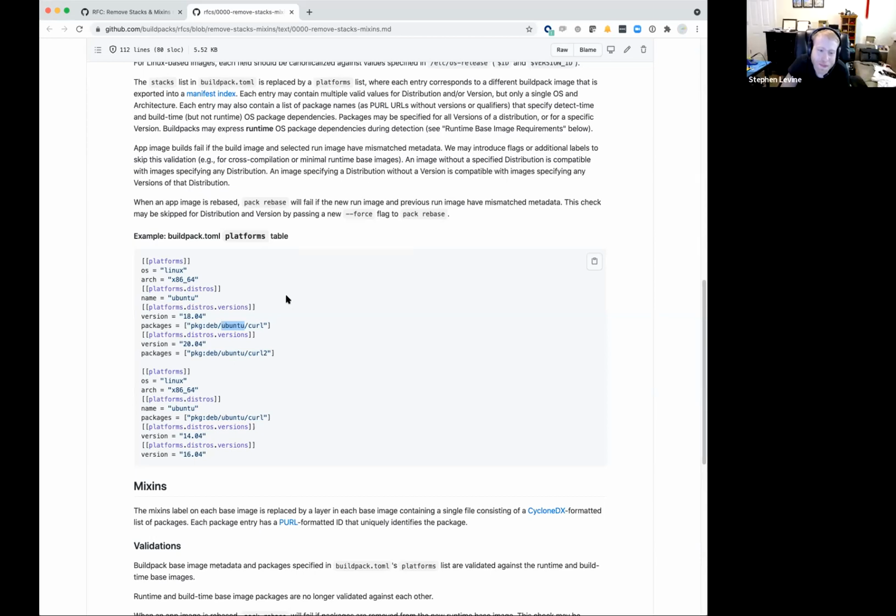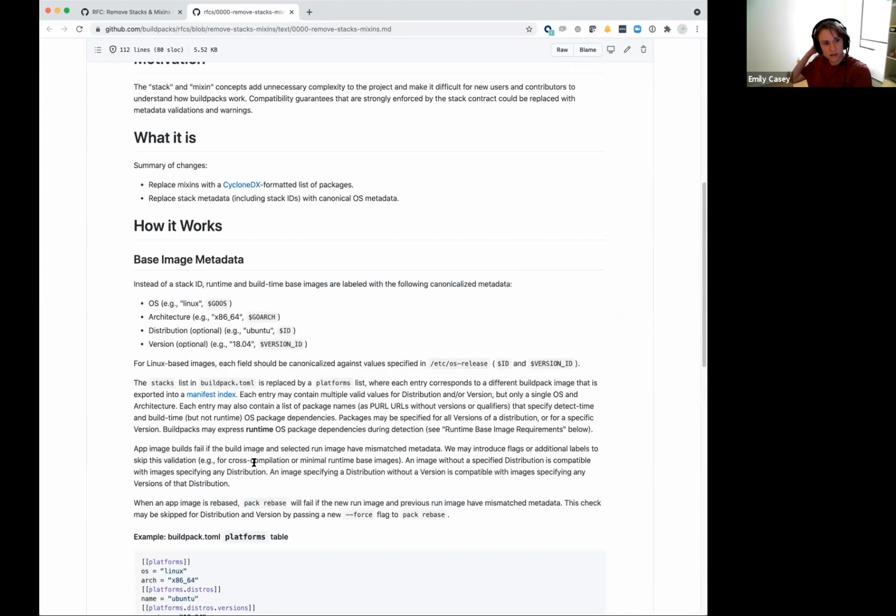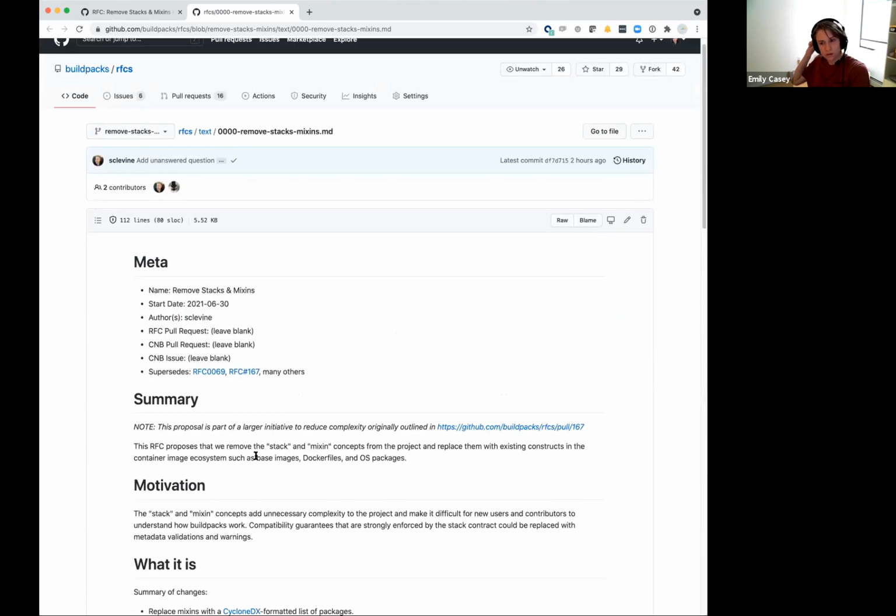The last thing I sort of wanted to see in this is what we're going to do with assets. Because we built stack fields into the assets in buildpack.toml when we approved asset packages. Do we then replace that with a platform? So we move them under different platforms? Do we have a top level and then different ones for particular platforms? Have we implemented assets yet?